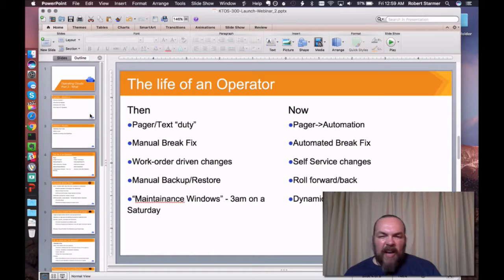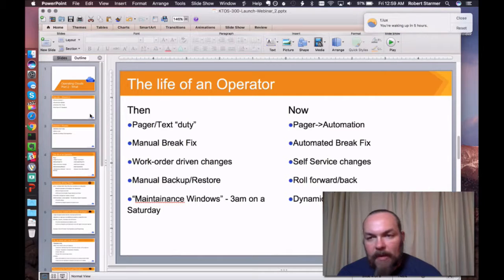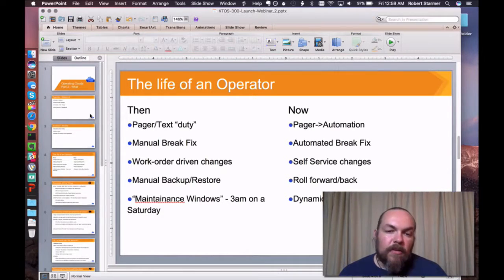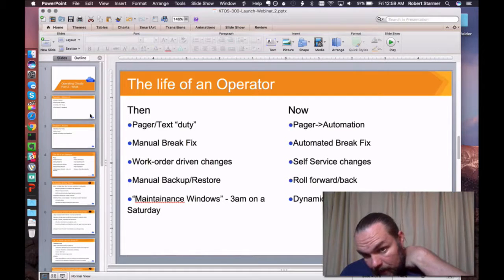The self-service change model is also a major benefit to us. Now we have the ability to step back and enable a set of services, possibly with quotas, to allow our users to get access to resources in a more dynamic, rapid fashion. This is huge from the perspective of our ability to keep our customers happy. So the operator no longer becomes the bottleneck to the end user. Instead, the operator is enabling the end user to get their job done. Makes us a hero rather than the enemy.